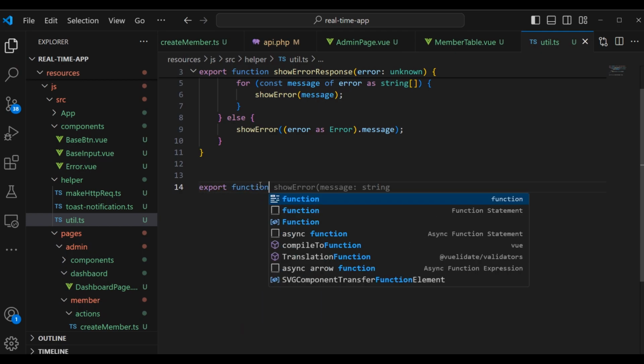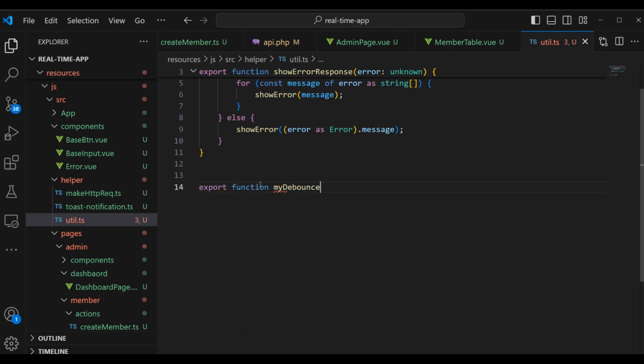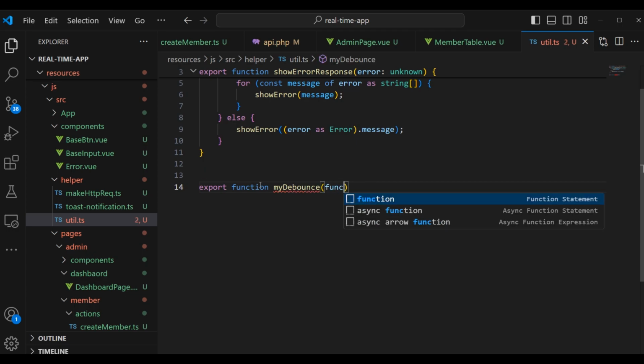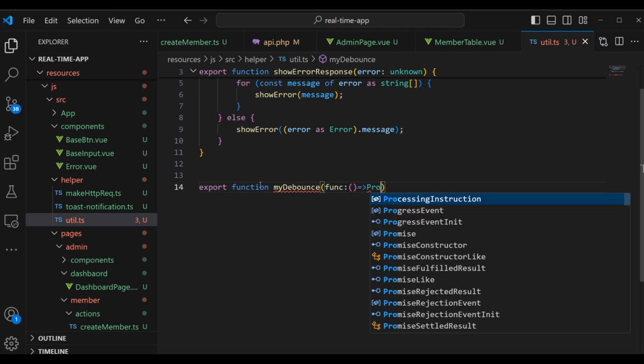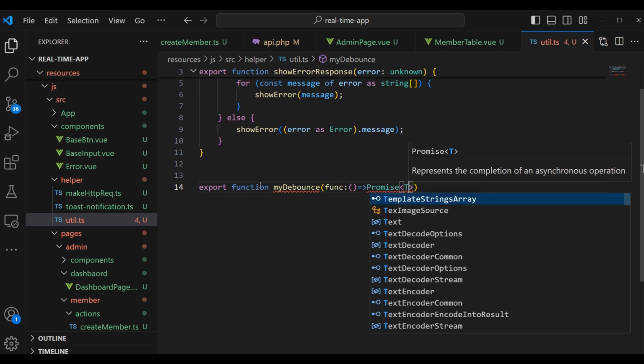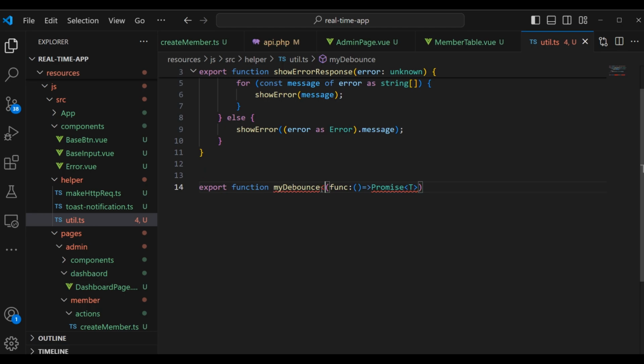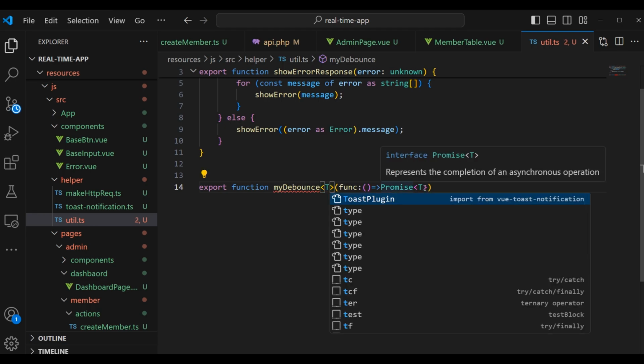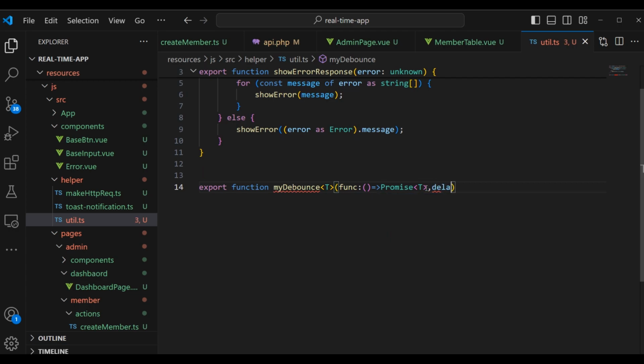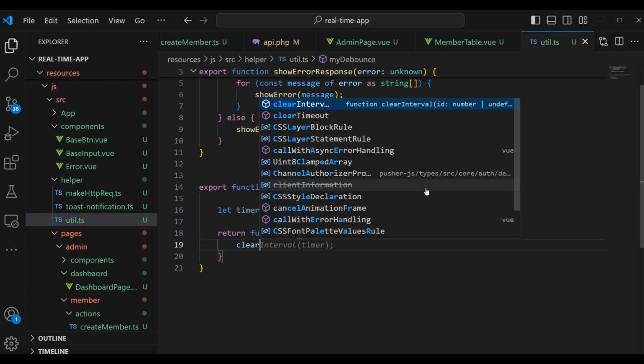I'm going to say function myDebounce, and then this debounce function is going to take a promise. I'm going to pass here it is a function. I'm going to pass here promise, and the type is going to be a generic type. And here it is going to take for the second parameter the delay. It is going to be a number, and right here we're going to say timer. And here we're going to return a function, and within this function we are going to first clear out the timer,